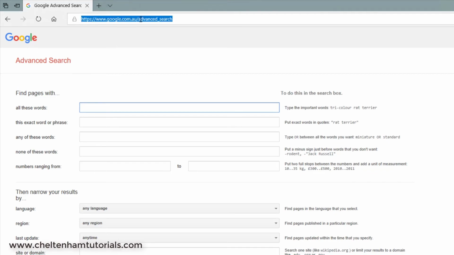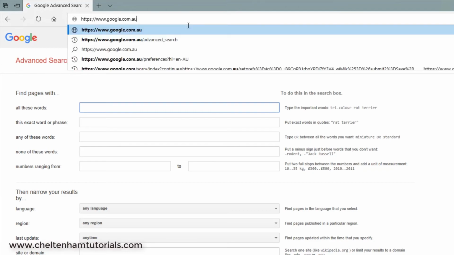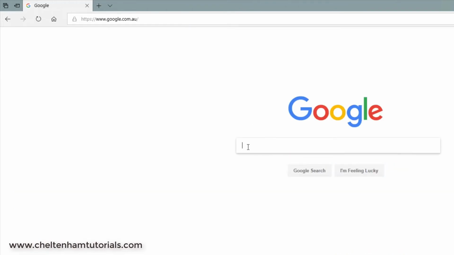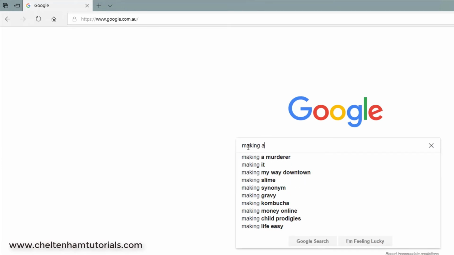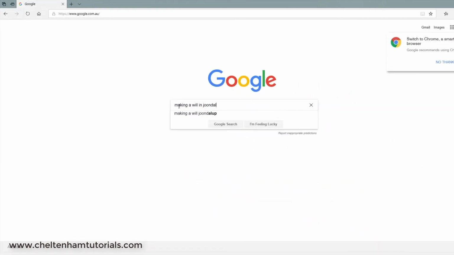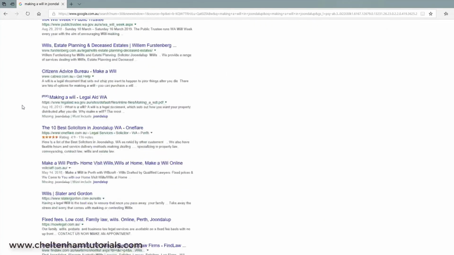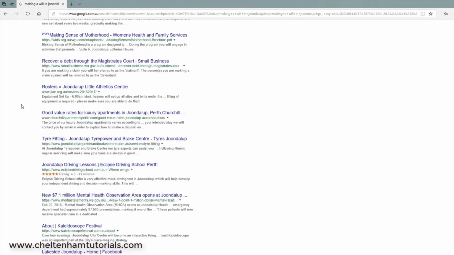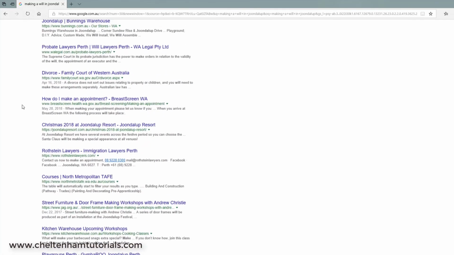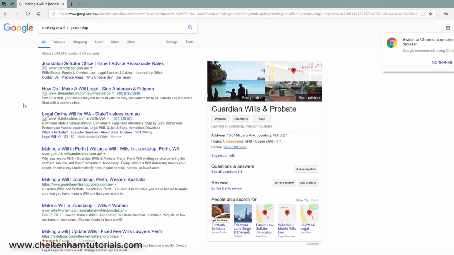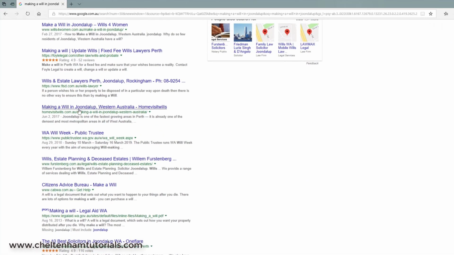Anyway, if we go back to regular Google now that we've saved those changes, if I do a search for something, for instance, I'll search for making a will in Journal app. As you can see, instead of the usual 10 results, I've now got up to 50 results being displayed. And if I click on one at random, maybe this one here,